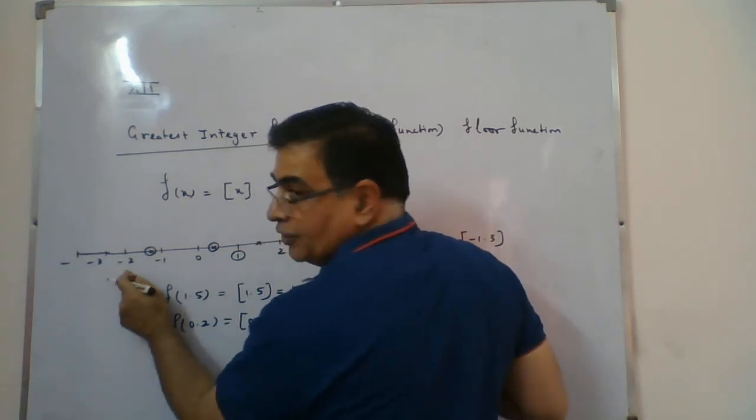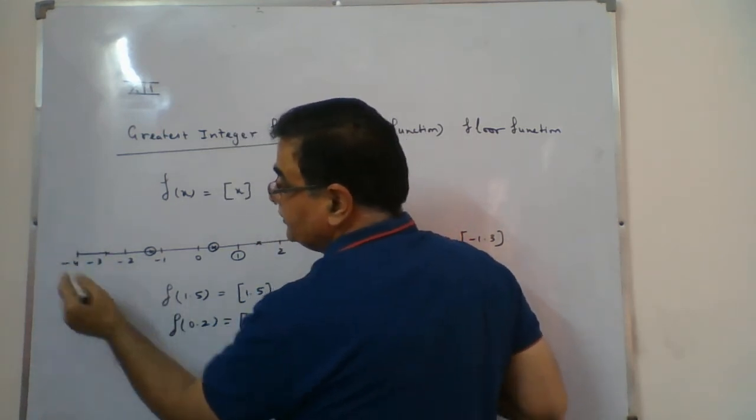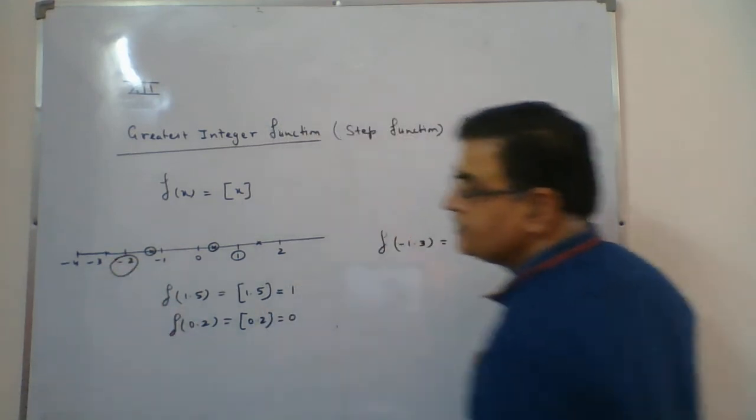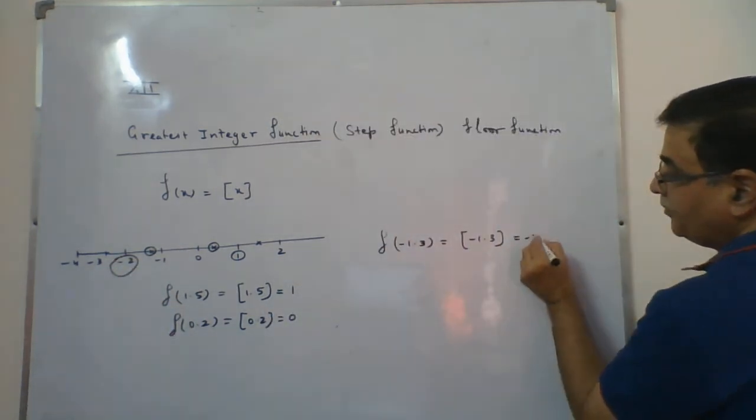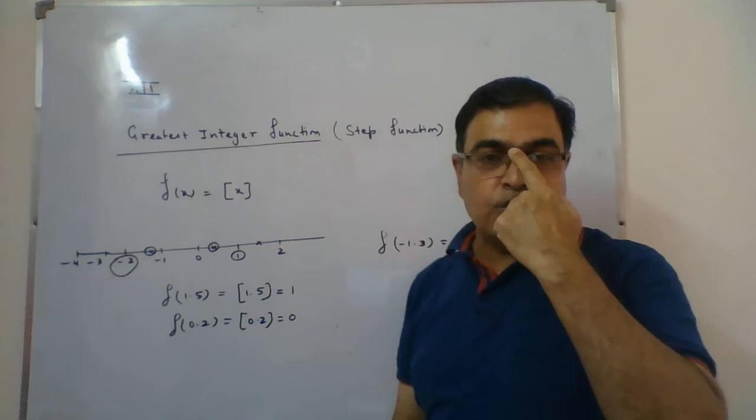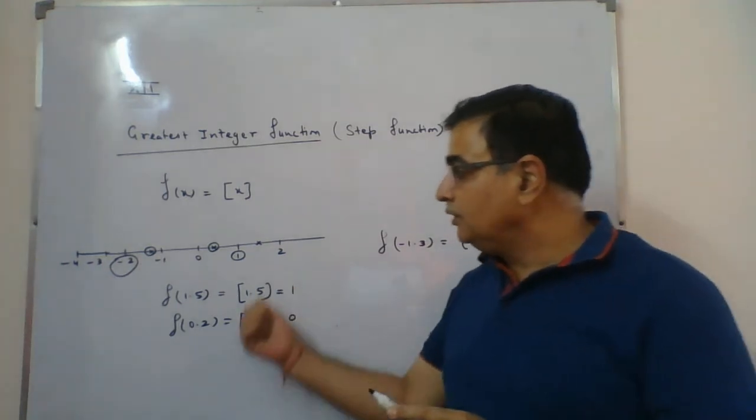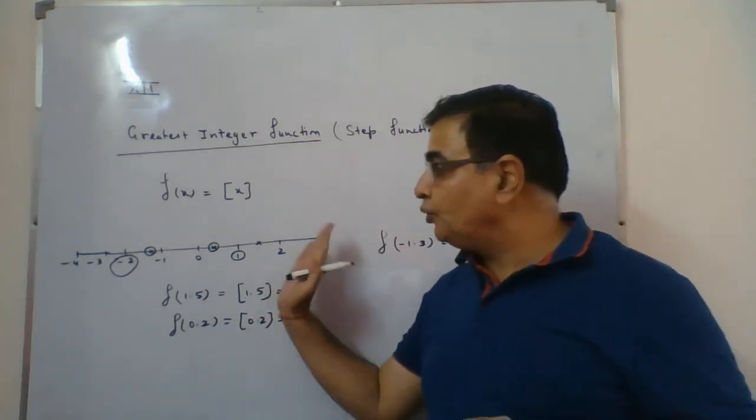It will be minus 2 included in, minus 3 included, minus 4 included, and the greatest one is minus 2. So your answer comes out to be minus 2. So whenever you want the greatest integer value, the only thing you should do is put them on the number